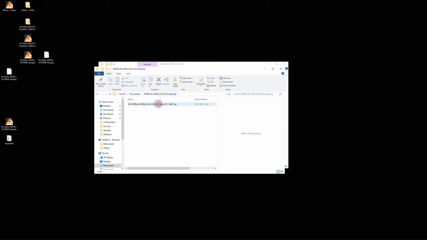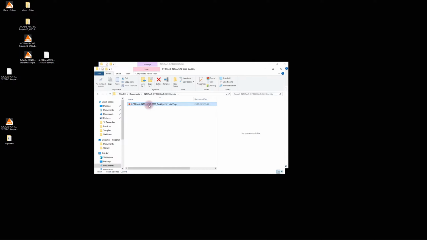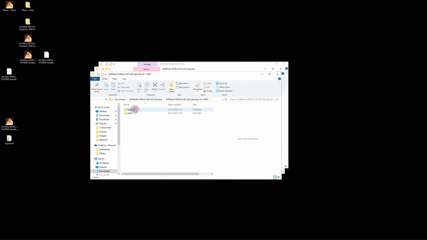We can keep it as it was saved, and if necessary, to restore our settings, we need to extract it. I do not have any program to extract the zip file for me here, so Windows will have to extract all the files for me in the location where it is. That is, I will just create a directory for itself. This will automatically open for me. Please note, it has now created a directory here with the same date. And what do we